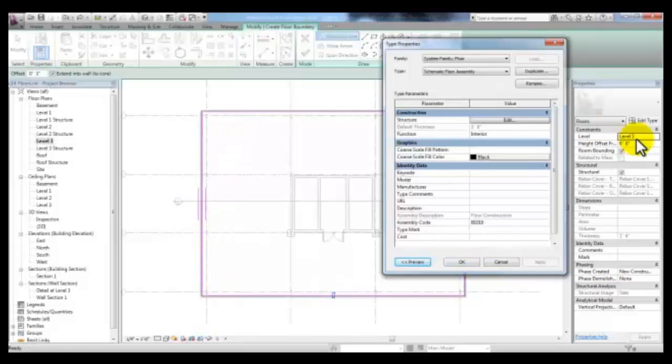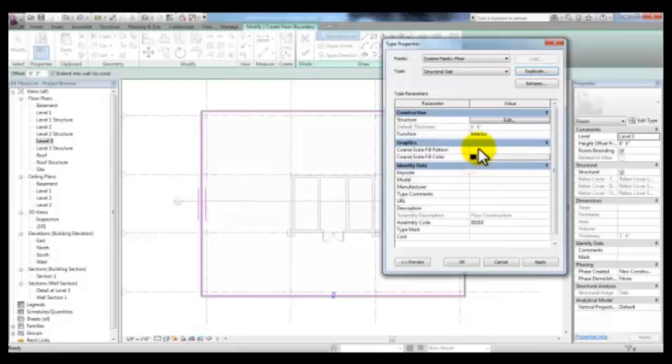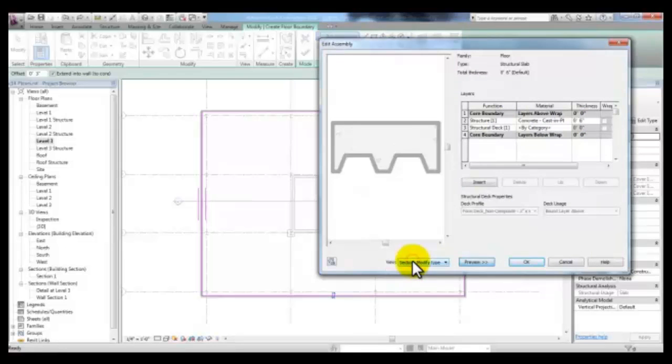In Properties, pick Edit Type. Go to the type generic 12-inch and then duplicate that floor type and call it structural slab. And pick OK. Pick the edit button and notice here when you look at the preview that they've already done